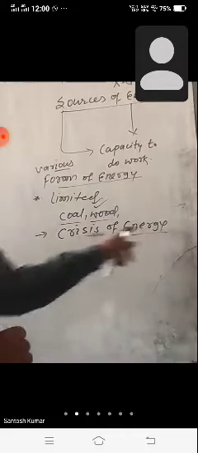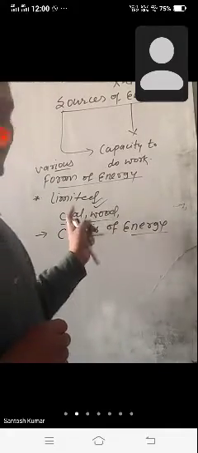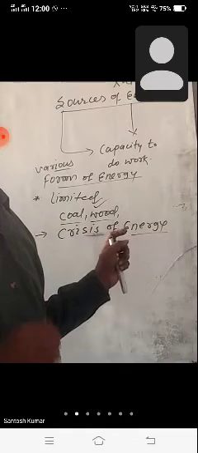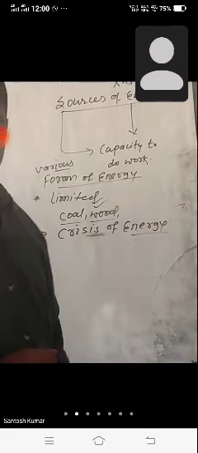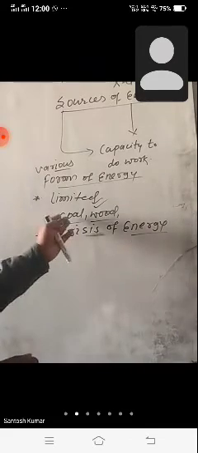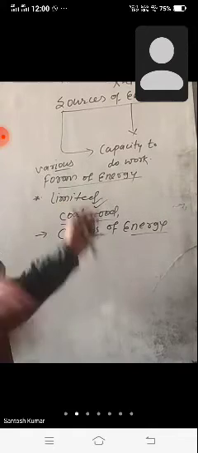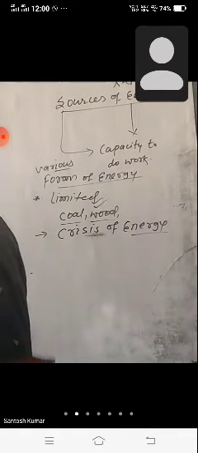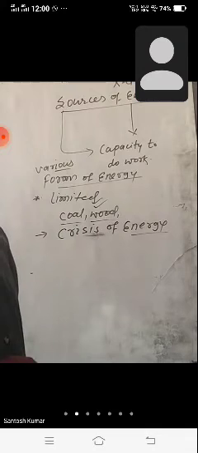That's why, while watching the crisis of energy in our country, we know about 60 to 70% of electricity is produced with the help of coal. Just think, this coal has been used for the production of electricity in our country. Mainly in our country, the source for the production of energy is coal. So think, one day it will be finished because it is limited in nature. And you all know that coal takes millions of years for its production. So what will happen? Can we wait for millions of years?